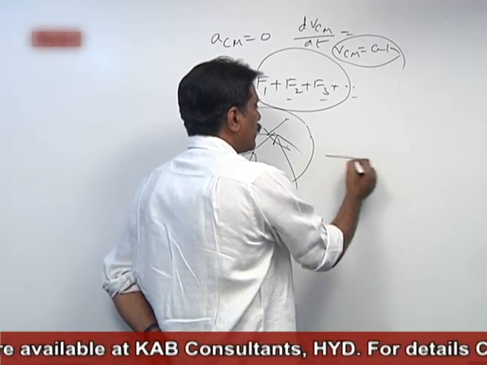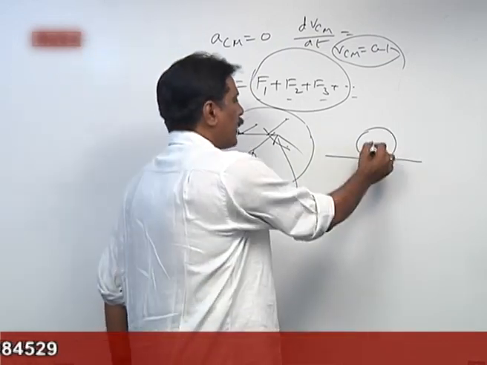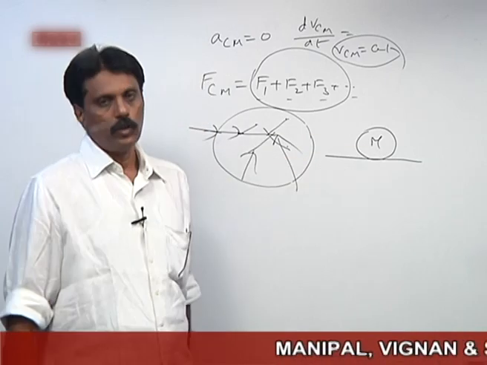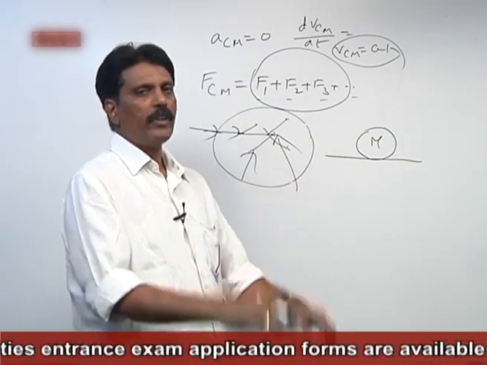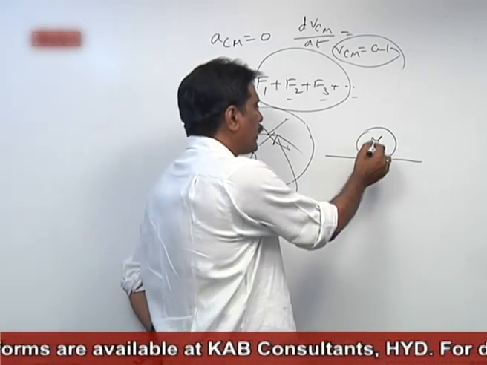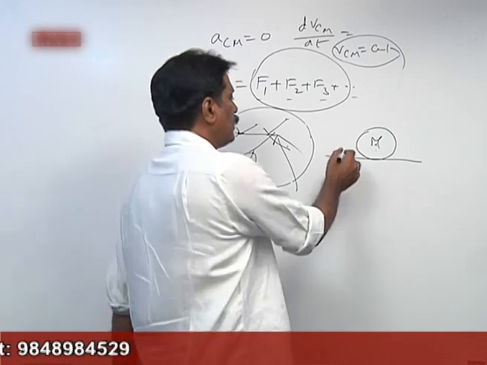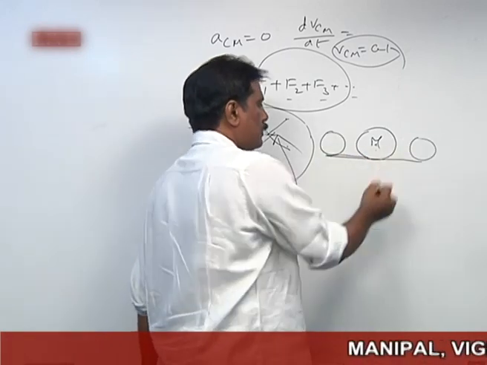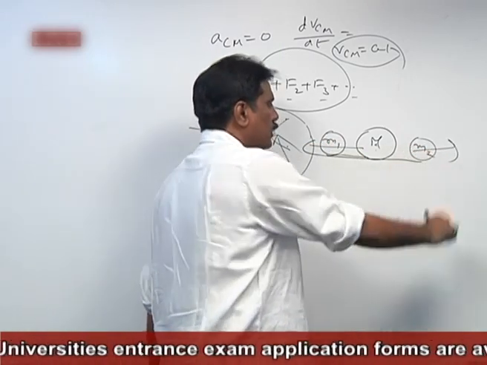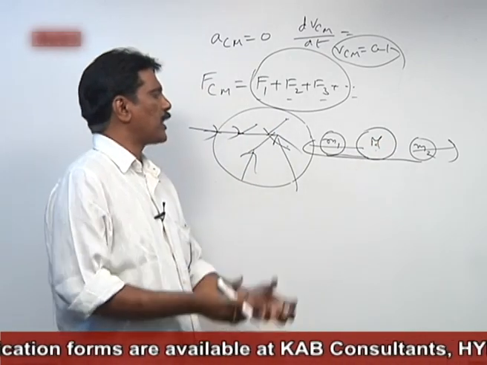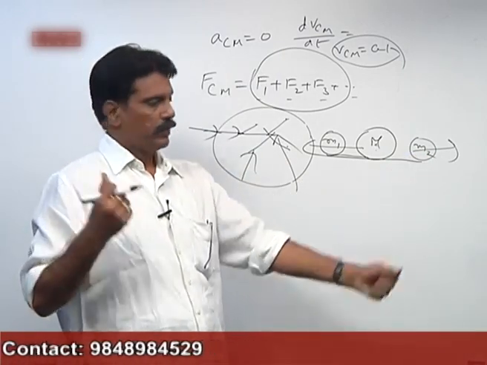Now, let us see one of the examples for this. There is a body of mass m which is at rest on the smooth floor, where we are neglecting friction. Unless we specially mention friction, take it for granted that there is no friction. Now, if this body suddenly explodes into two fragments like this, these two fragments will travel in opposite directions. Let the masses be m1 and m2. When the mass M explodes into two fragments m1 and m2, they travel in opposite directions.